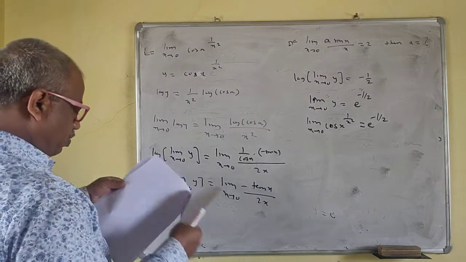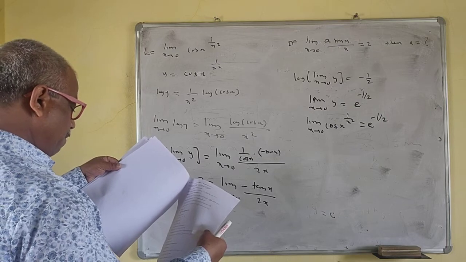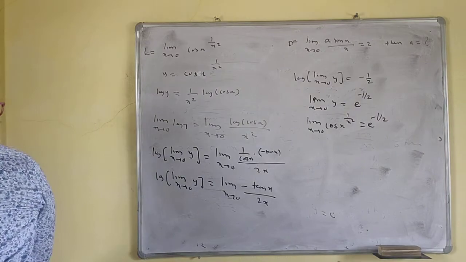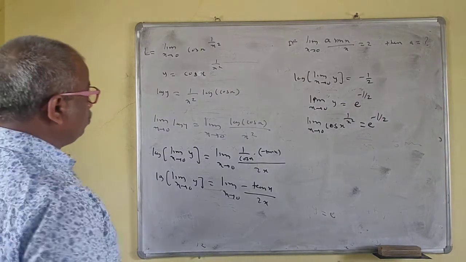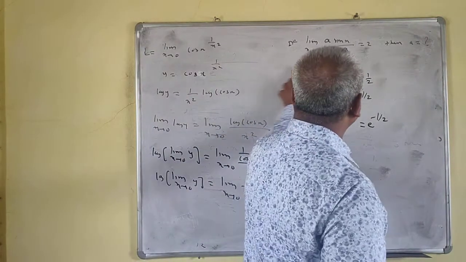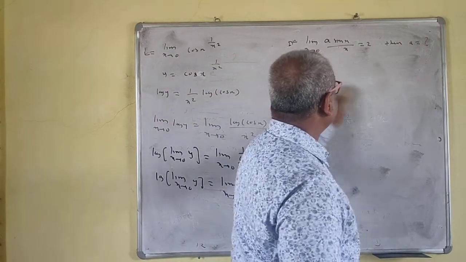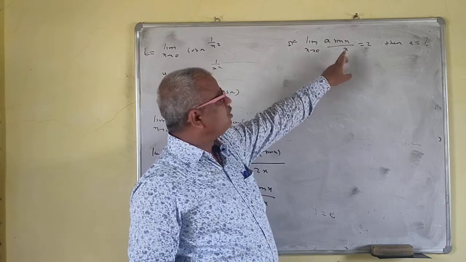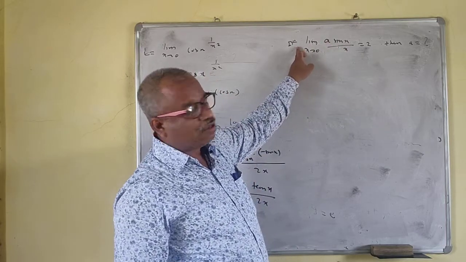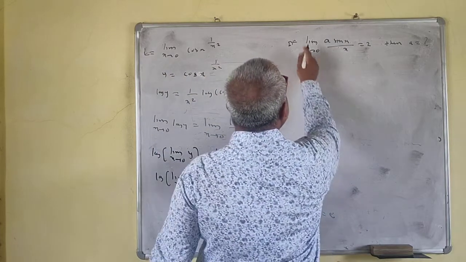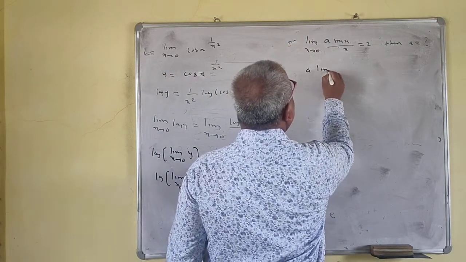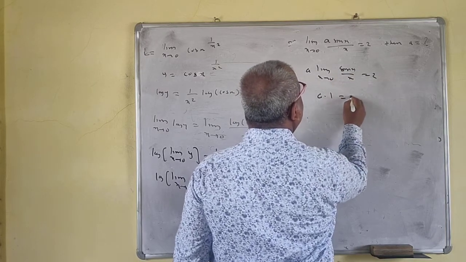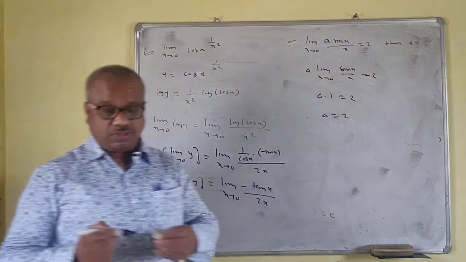So we'll check our answer. Okay, so we have to solve this problem also. So easily you can check this value. This is limit x tends to 0 of a sin x upon x is 2. So you can take a outside. Orally you can do this one. This is a into limit x tends to 0 of sin x upon x is 2. So a into 1 is equal to 2. So a is equal to 2. Orally you can do this one.